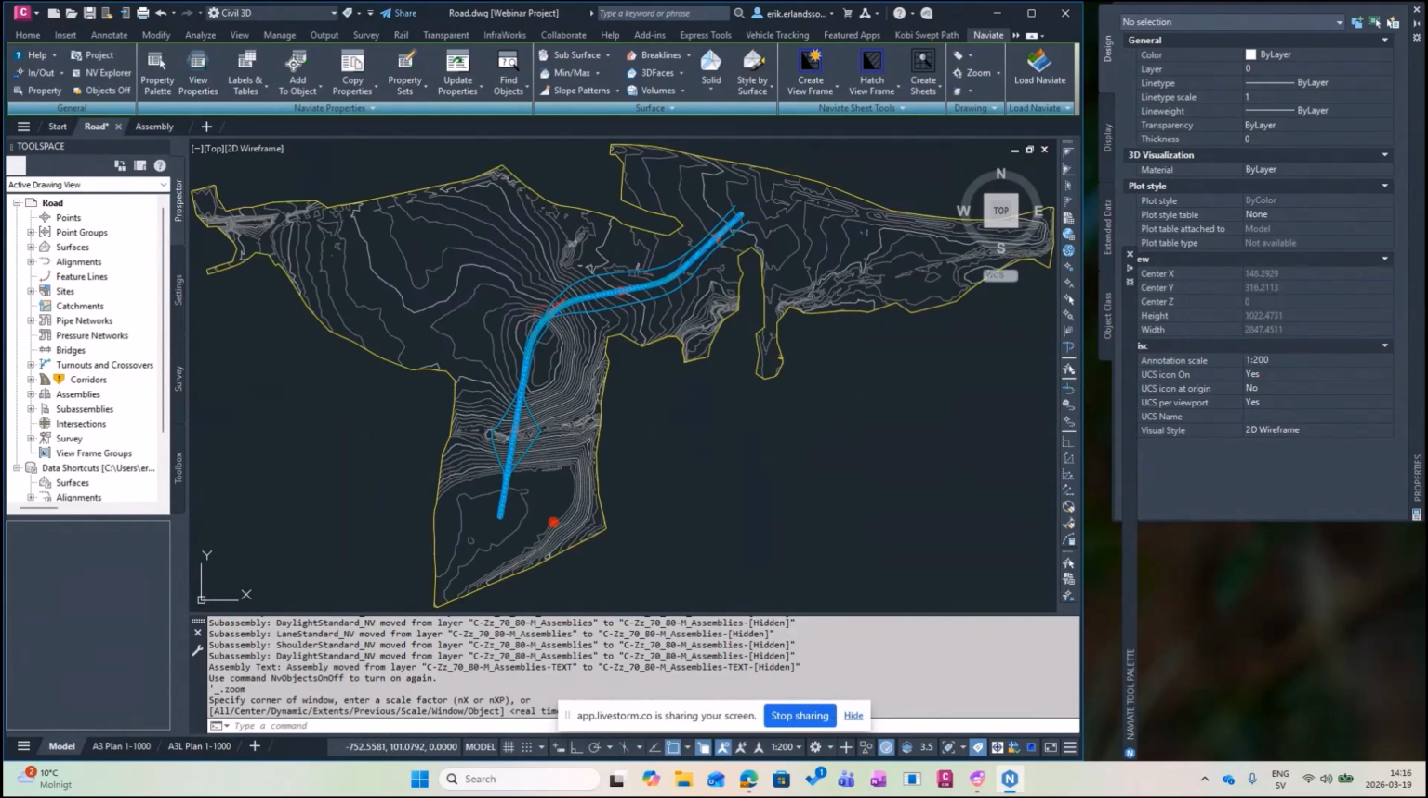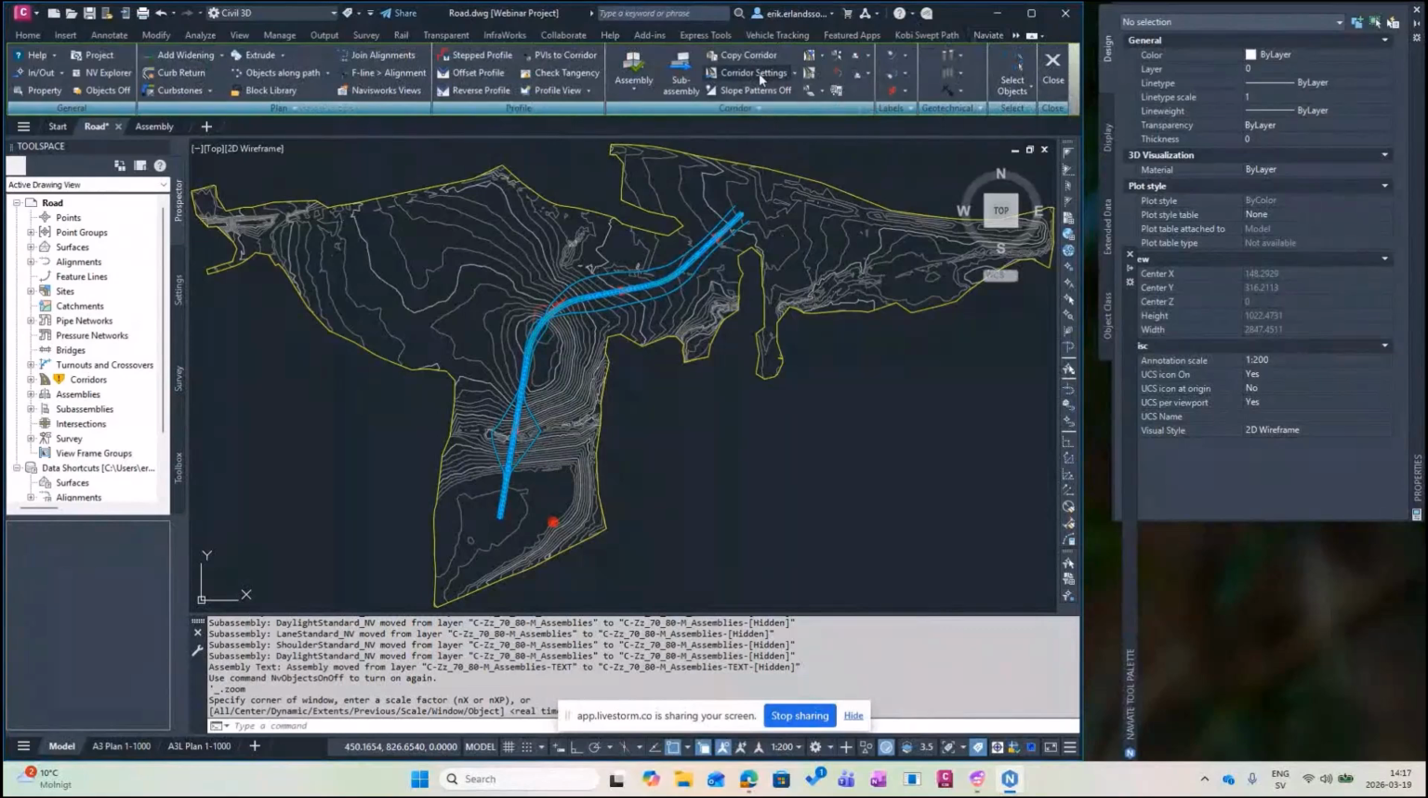The final step, management-wise, is to change the settings on my corridor. Our tool, Corridor Settings, helps you maintain consistency across corridors in a file or project. You can apply standardized settings such as frequencies or surface creation using a template. So let's go over to Naviate Road. Corridor Settings. Select our corridor,